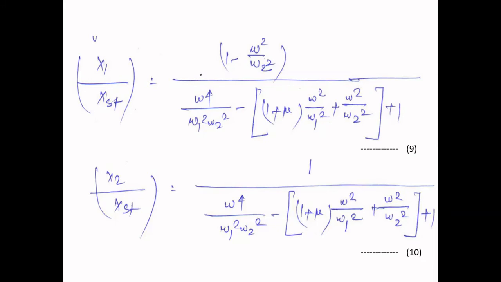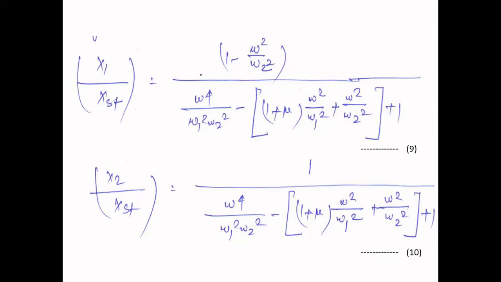The additional mass is the vibration absorber mass, which you have attached to the main mass. So when the natural frequency of the additional spring mass system attached to the main mass becomes equal to the excitation frequency, then the vibration in the main mass becomes equal to 0. It means that only the vibration absorber mass moves, whereas the amplitude of vibration in the main mass becomes 0.